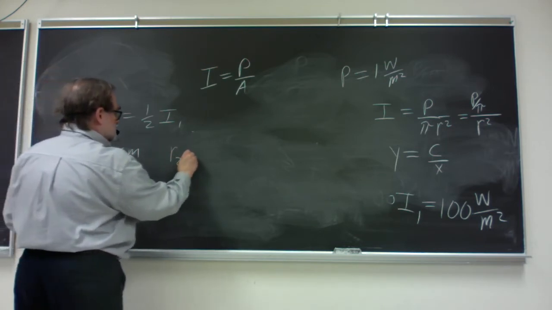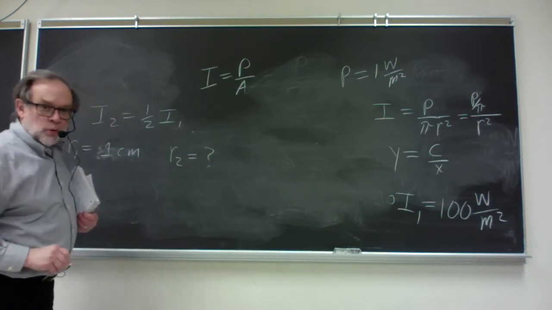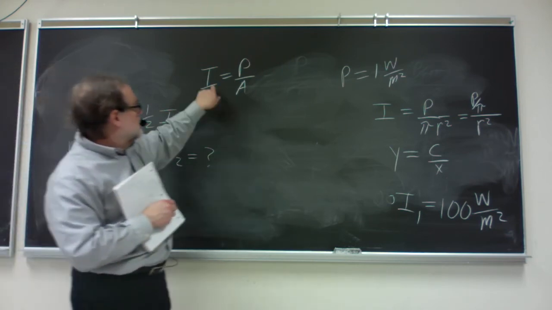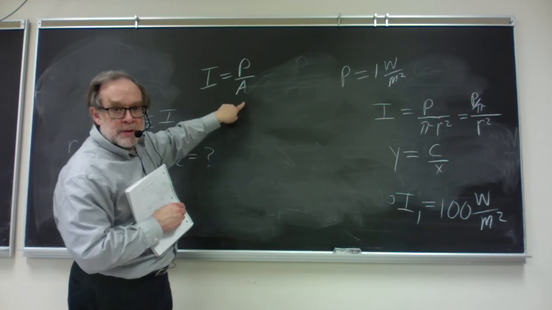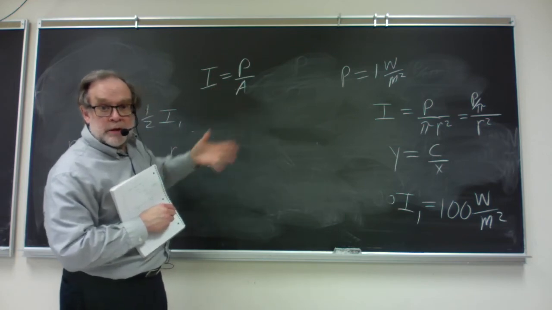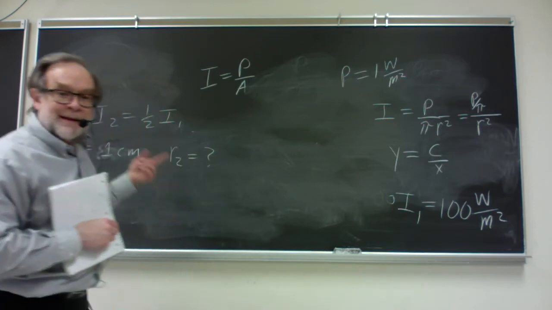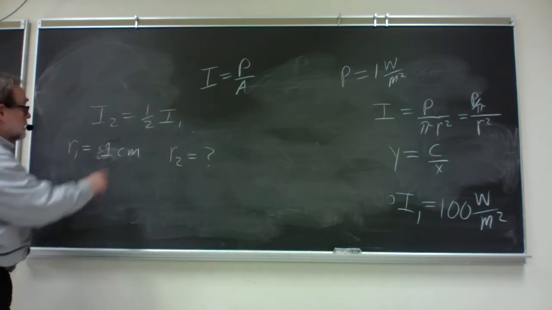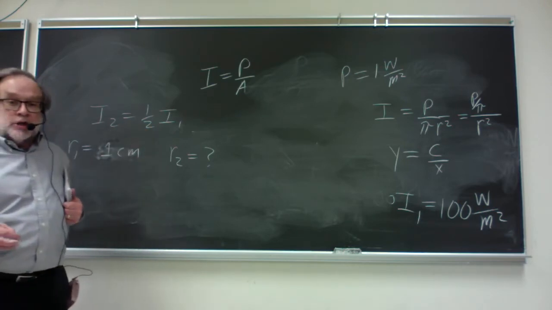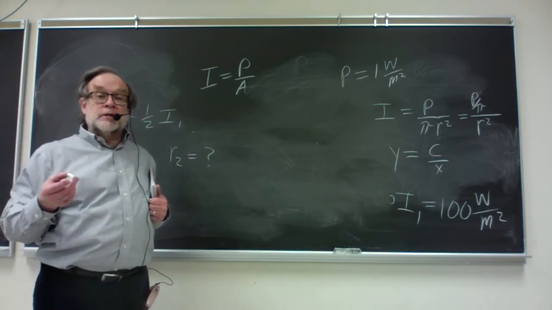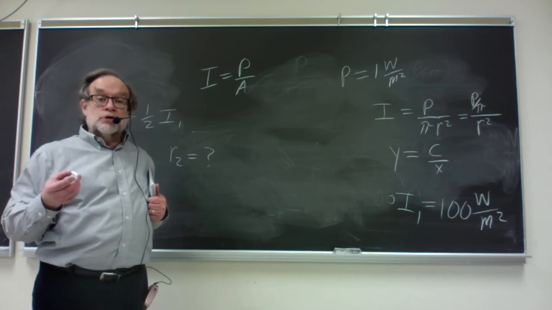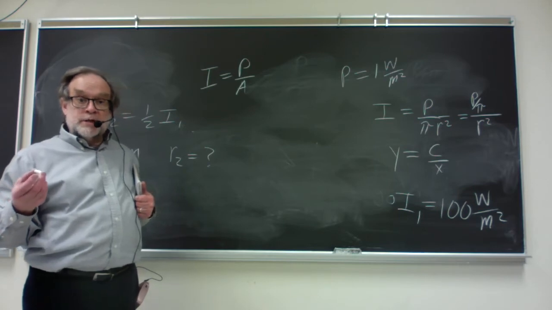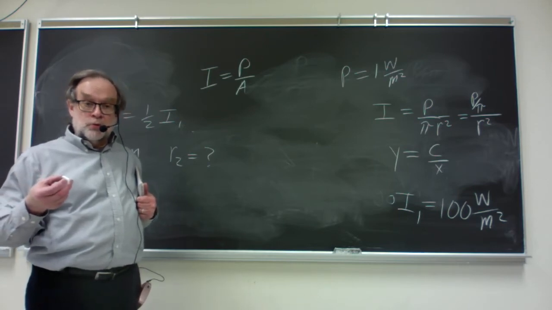But now, what's the radius of the new spot? The intensity has decreased, which means it must be a bigger area, so a bigger radius. How much bigger? Well, not twice as big. Let's work through this. Intensity changes by a factor of 1/2, so the thing that intensity is proportional to changes by the inverse of 1/2, which is 2. What is intensity inversely proportional to?